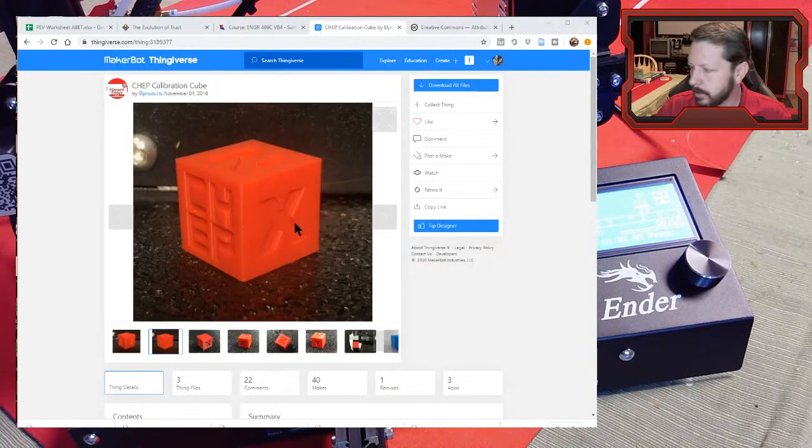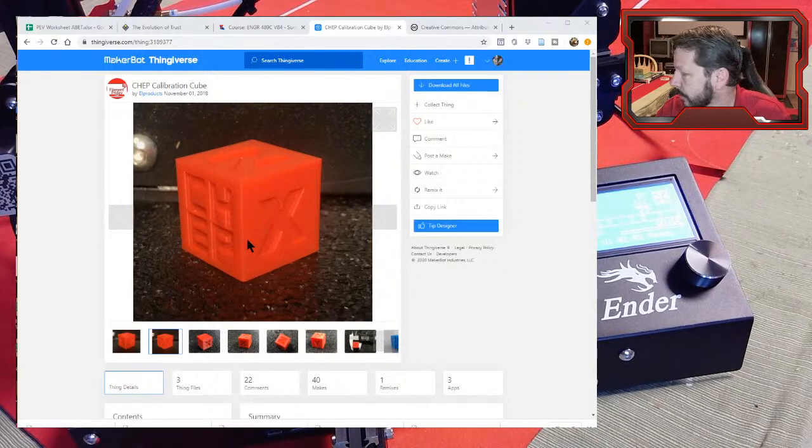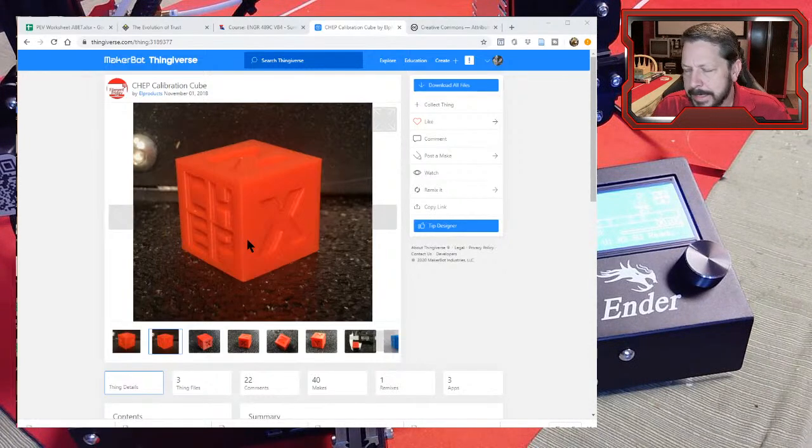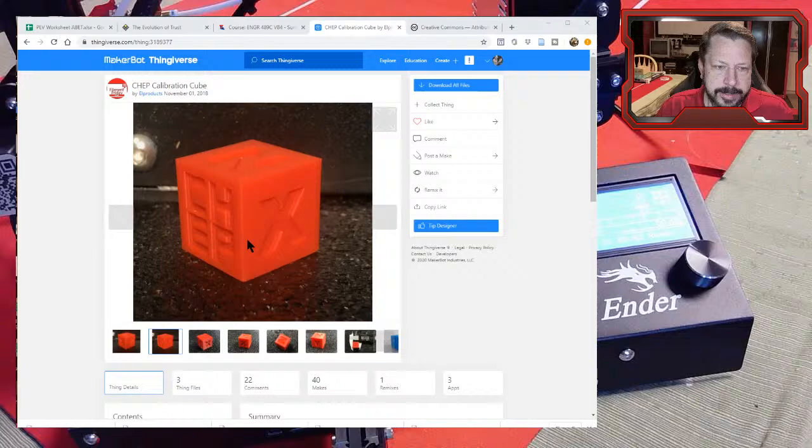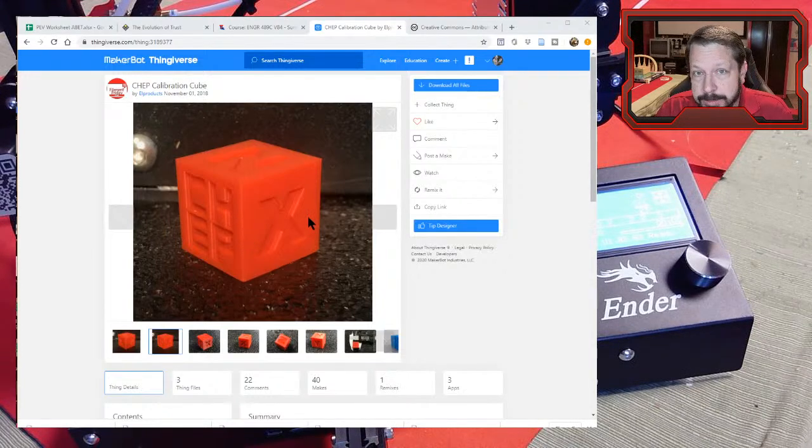So last time, we only printed half of it, like the top half. We'll start another one of these because I haven't actually checked any of our temperature tower or tolerance test or anything. I printed one thing since we changed any of the firmware on our printer. And so we'll go in and we will print a couple of these again, but since we've changed the firmware,